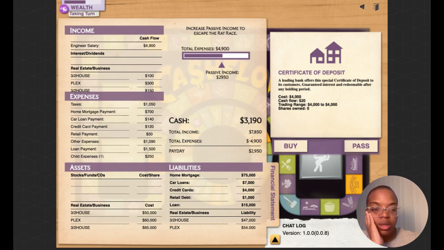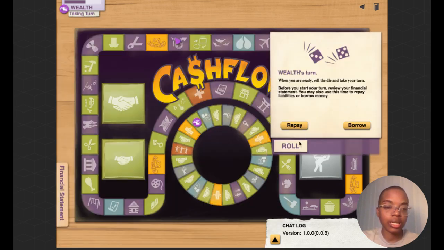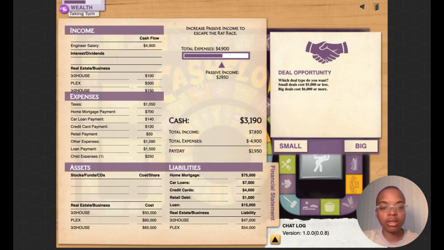Just because I'm like 30 years in the future of this game, there's just so many great opportunities out here with high yield savings and other investment strategies. At the time, these are really profitable. And if I had quite a bit in cash, it might be a good opportunity. I'm going to have to pass on this right now though. Just not at this time interested in the CD.